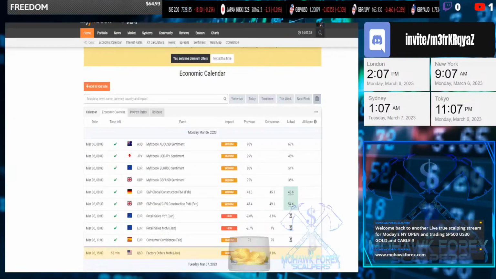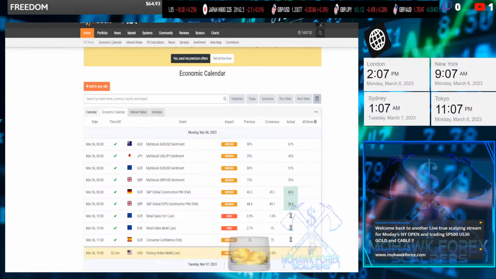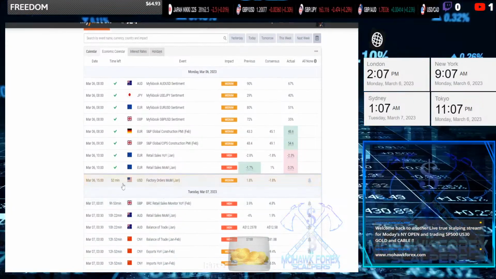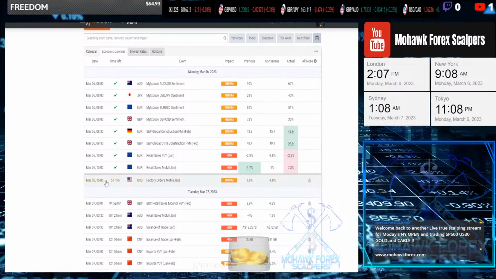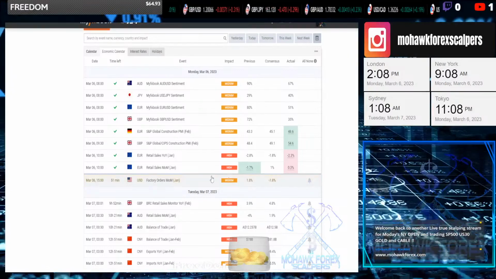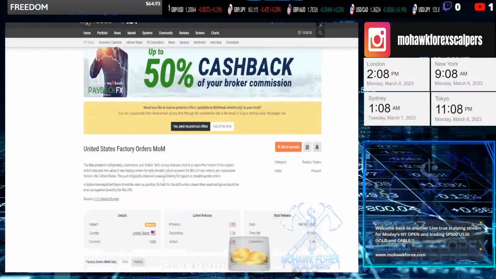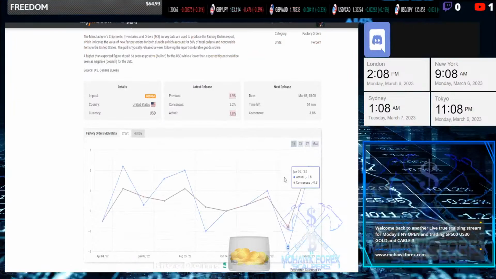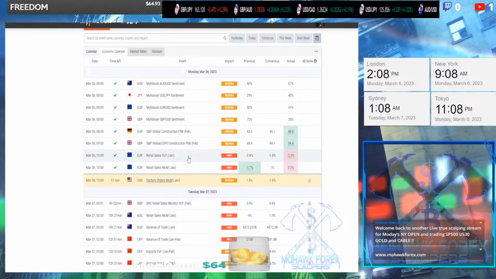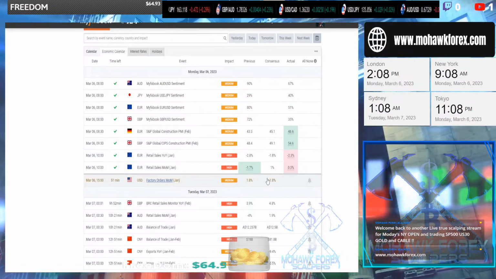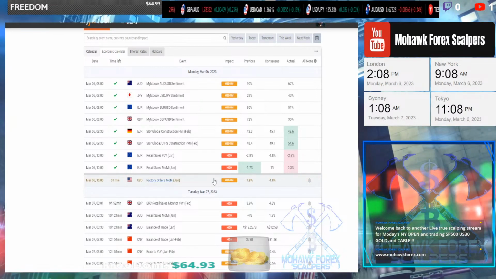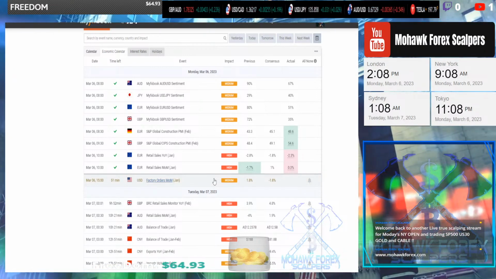And then afterwards we've got the factory orders. That's the news of the day, which is going to be just before we end our stream. We're just going to trade that, and factory orders slipping into the negative is what they're expected. So we'll see how that affects the market, if it's going to be way worse, as a lot of the news events have been, which if it's better could push the market down, if it's way worse could push the market up, depending on how this relates to inflation and interest rate